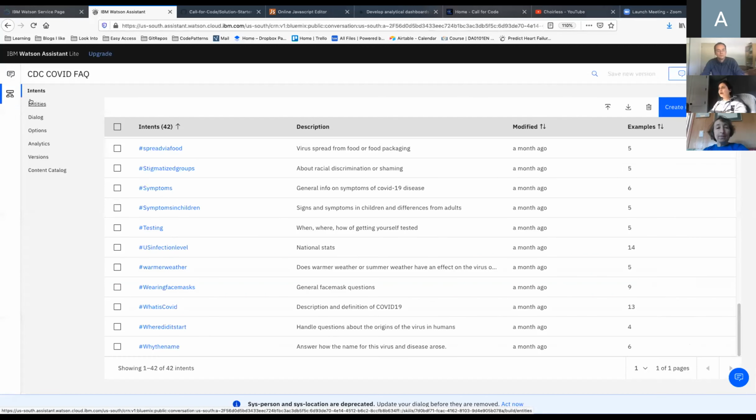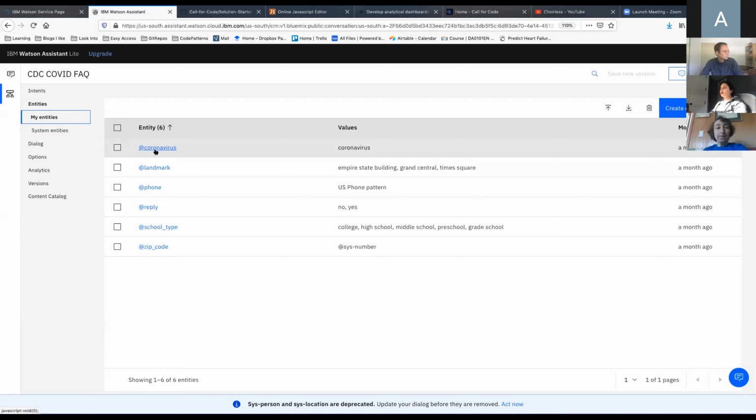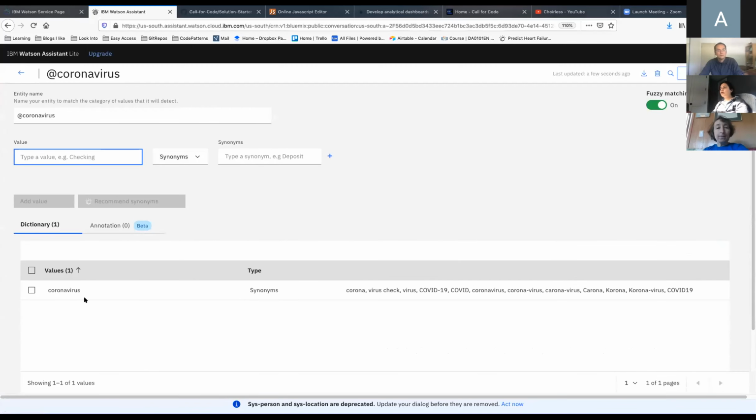So after you have the intent, the next thing you want to keep in mind is entities. I think I told you guys a little bit earlier, they're like the variables that we care about within somebody's ask. So for example, we care about the word coronavirus in this scenario. Some of the synonyms for this word are corona, corona with a K, and virus. You can see that the word corona with the K is also used. Sometimes people don't spell that word perfectly, but you still want somebody to know what they mean by that. COVID is a term that's also used multiple times.